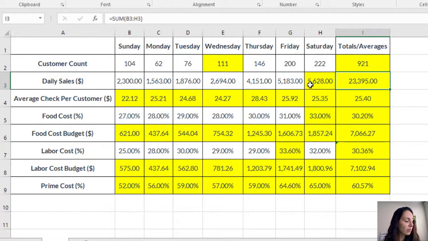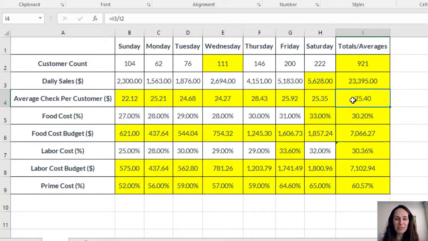Okay, so moving on, the third question was how much is the average check for each day and for the whole week? Or actually I took out the each day part, so just for the whole week. Your average check numbers were completely blank, right? So you just had to take your daily total in sales and divide it by your customer count for that day, and that would give you your average check for that day. So how much money you made, how many people came in, and that's how much each person spent, the average per customer. So once you have the totals for each day worked out from working backwards, then you would just, again,